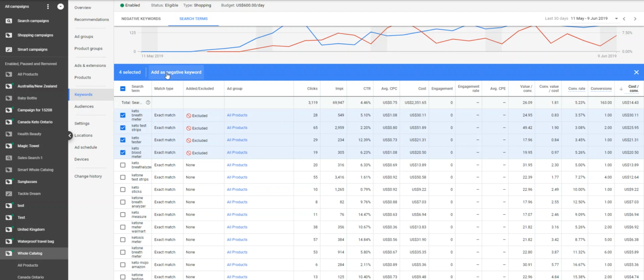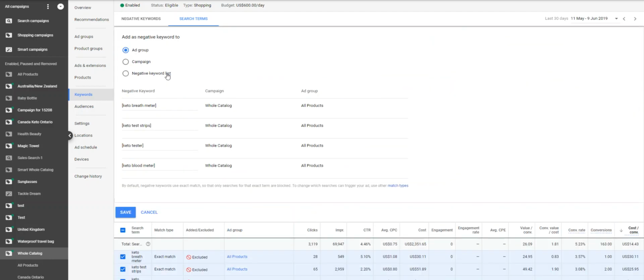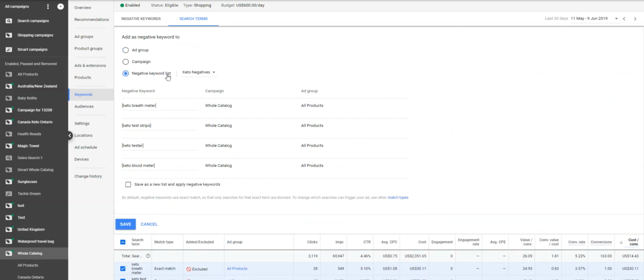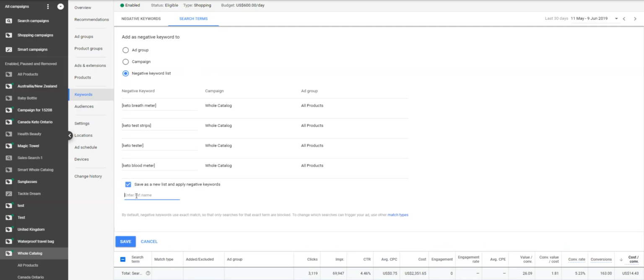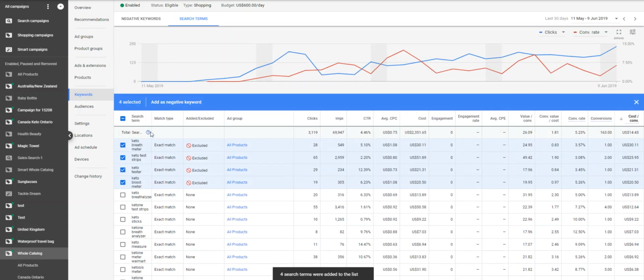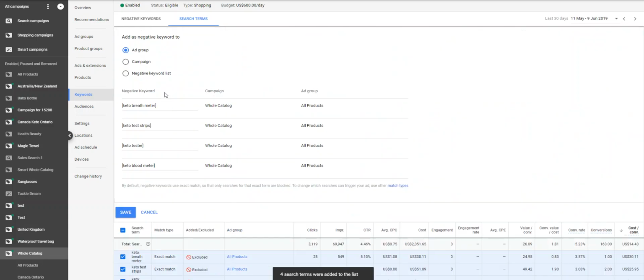So we simply slide up, add as a negative keyword, and it's going to prompt us to do a couple things. What I always do is build a negative keyword list. You can save as a new list and enter the name, keto list 2. Because then we've saved it as a list, and I always also save it on the AdWord campaign. I like to work with keyword lists because when I duplicate these campaigns, because yes, you can duplicate shopping campaigns in Google,